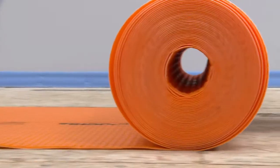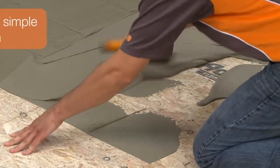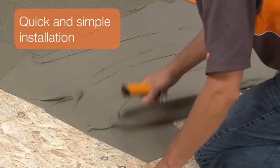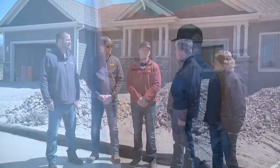Well, Dirk, I've been using the product for nearly 25 years. I've never seen a failure with our product. Been around for 50 years. Our products do have a lifetime warranty, and they're very vast. We have products for virtually any tile installation. And Dane? As well as our wide array of products, I believe that our support system from our 1-800 number